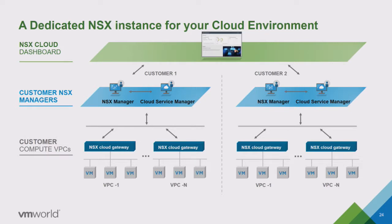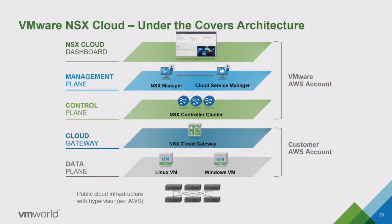So all NSX Cloud customers log into the dashboard. They have their own NSX manager and CSM links. And from that, it's a dedicated deployment for your specific deployment, right? So it is completely independent from one customer to the other. In spite of that, if you look even deeper under the hood, it's the same NSX environment. You have your three-layered NSX approach. You have your dashboard at the top, the management plane, the control plane, the cloud gateway, and this is where